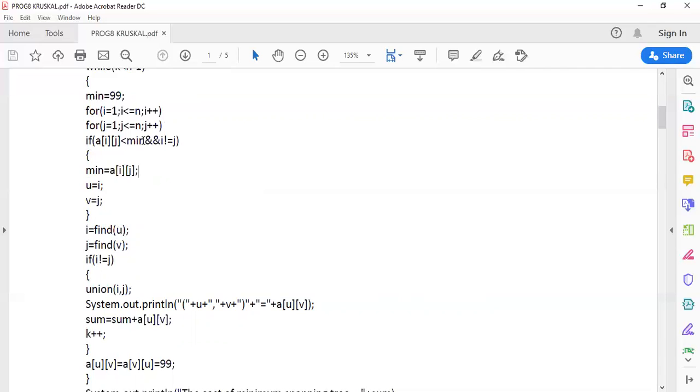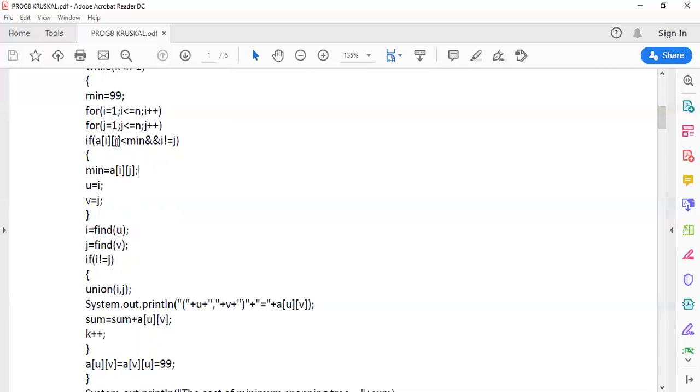And one more condition is that the edge whichever you are selecting should be less than the minimum cost. Suppose according to our graph, the first vertex is 1 and the second vertex is 2. Suppose A of 1, 2, the cost is 3. 3 is less than minimum. Minimum is 99 for the first time, or you can take it as 999 also.